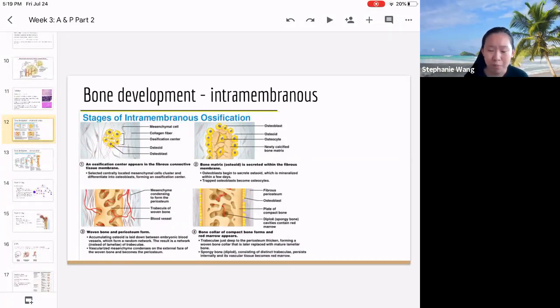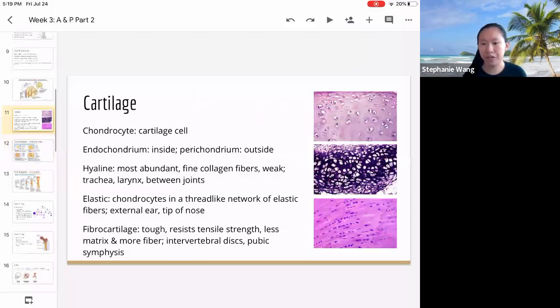Don't worry too much about memorizing this stuff, but the 2 main types of bone development that you need to know are intramembranous, and this is the one that you see here. Intramembranous is when bones are created from a single layer of mesenchyme. Oh, Lucas asked me to go to slide 11, sure. I'll just talk about it as you look at this. So a mesenchyme is basically a layer of primitive material in your body, to put it simply.